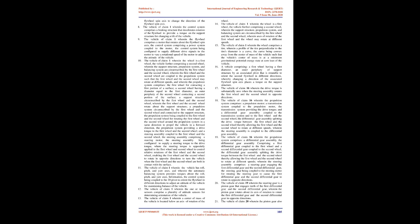28. The method of claim 22 further comprising performing at least one of rotating the flywheel around the pivot and changing a rotational speed of the flywheel around the spin axis for righting the vehicle from a horizontal position. 22. A method for automatically balancing a vehicle, the vehicle being of the type comprising a wheel, the wheel having a diameter, an outer periphery of the wheel for contacting a surface for moving relative to the surface,